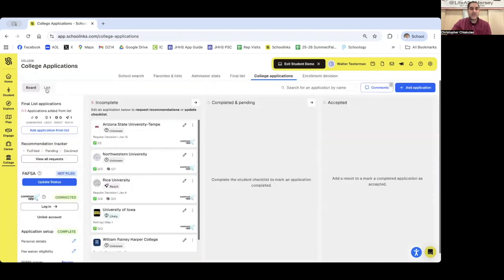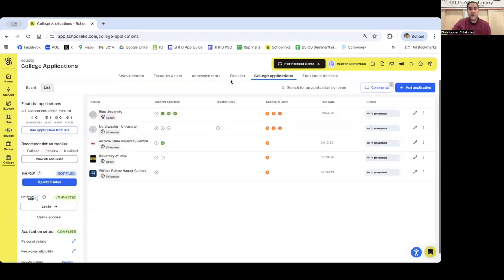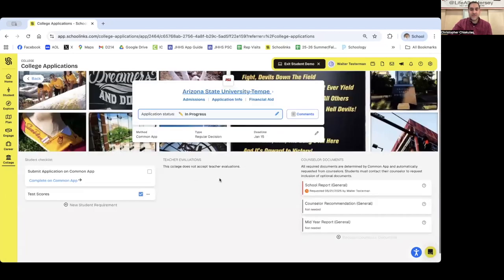As you go back, you can also do the list view as well, and you can get a better idea of things that are requested that you've checked off. Again, remember due dates. In this case, we haven't set a due date, so that's important. Northwestern does require, in this case, a teacher rec. So that is something that we have to add in